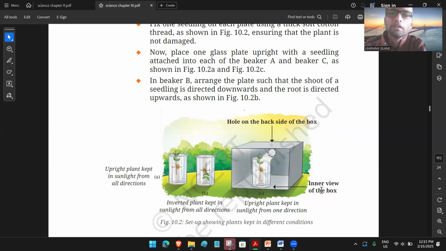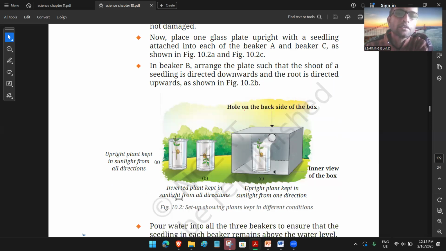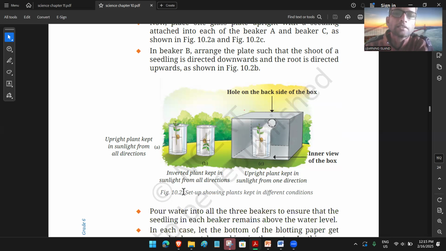Okay. Inner view of the box दिखा रहे हैं, क्या है कि upright plant kept in the sunlight from all directions. Inverted plant kept in the sunlight from all directions and upright plant kept in the. यहाँ पे क्या दिखेगा मालूम है आपको? ये जो मैं पहले बताता हूँ, ये सब चीज बुक में डिस्कस किया है।